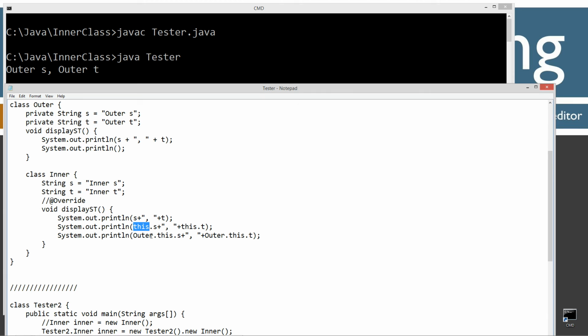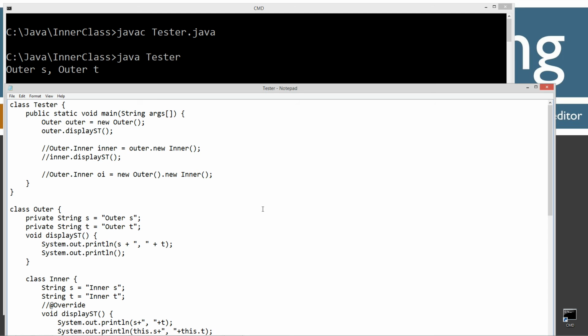And then I'm going to use this .s and this .t and display that. So that'll be, does this apply to this or this? Okay. And the last thing I'm going to do is display outer.this.s. And does outer.this.s apply to outer? And then where's the this taken? Is it this or this? And then .s. So let's just come up here and save this. And now I have to uncomment stuff, and it's going to get a little complicated here. All right, so